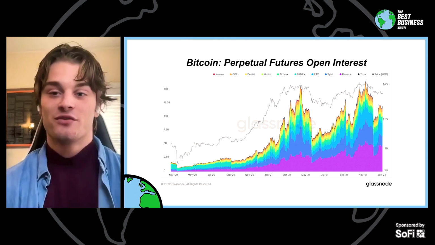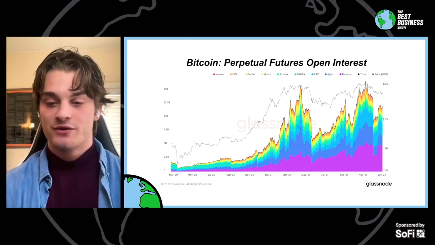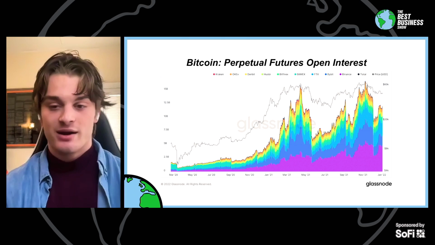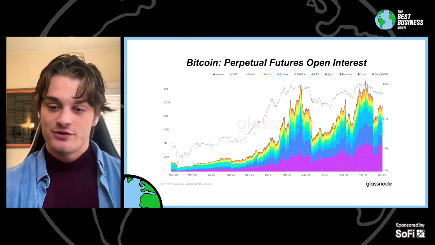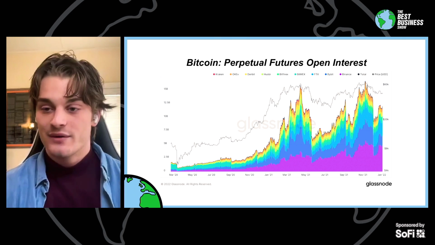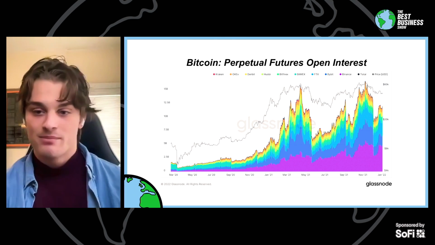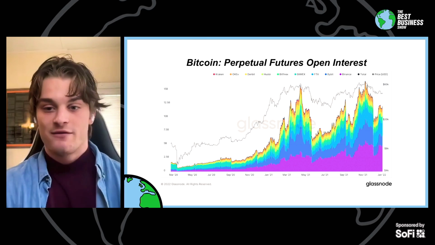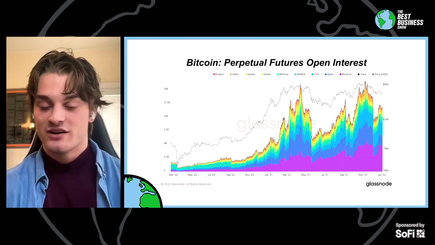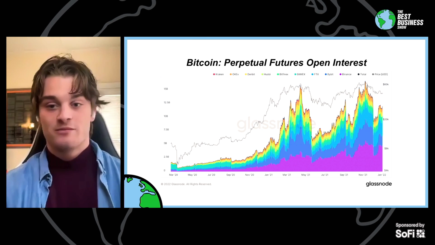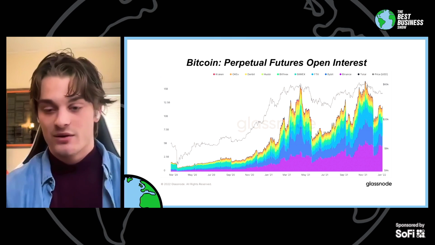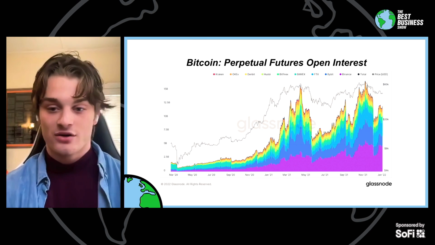So the perpetual futures open interest, perpetual futures contract, we've gone over it a couple of times, but I get a lot of DMs, especially after your show, Pomp, and people are asking me to explain it a little bit further. And so, I figured we could break it down a little bit. A perpetual futures contract is just a futures market that never expires and just rolls over. And so there's speculators that are betting on the price of Bitcoin to go up or down through longs or shorts.